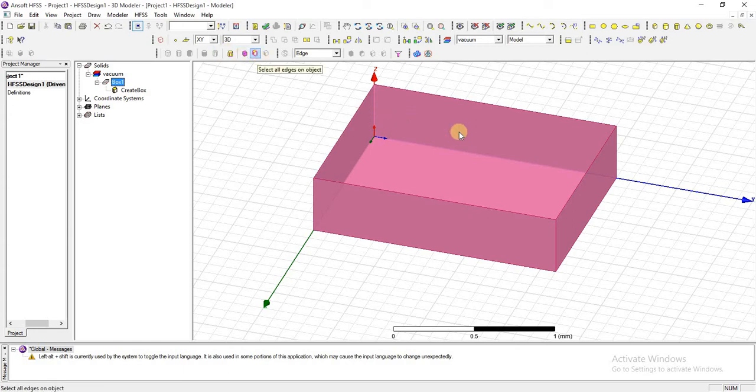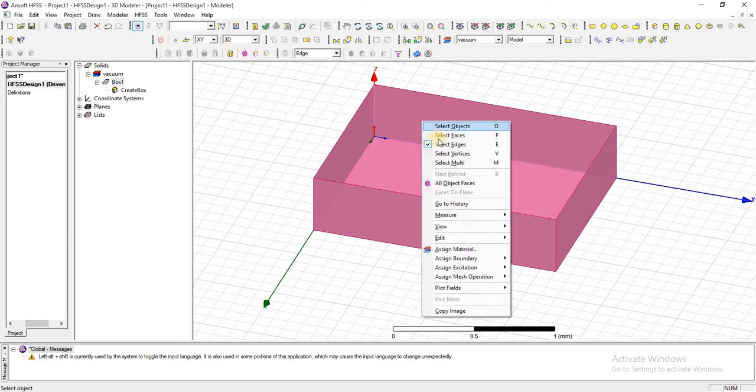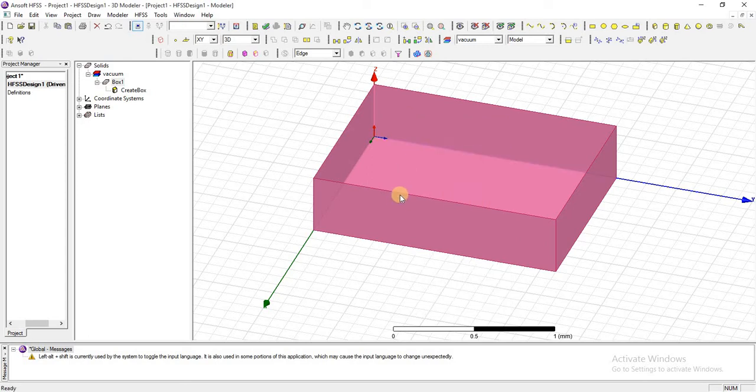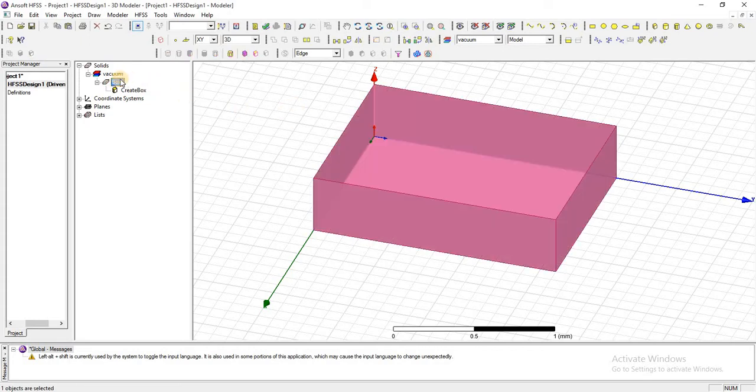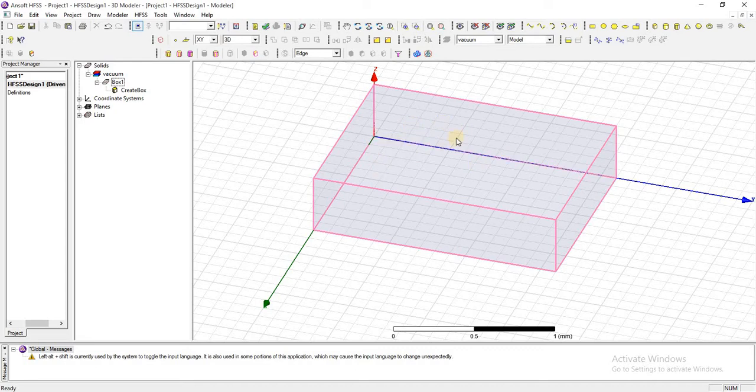If I want to select one edge of an object, I will use this. But if I want to select all the edges of an object, click on object and use this command. All the edges have been selected.